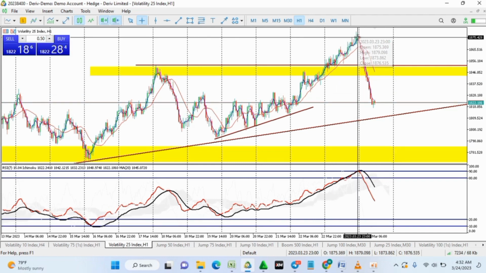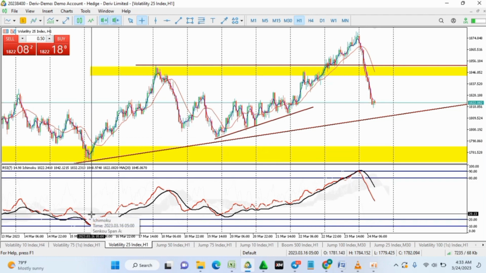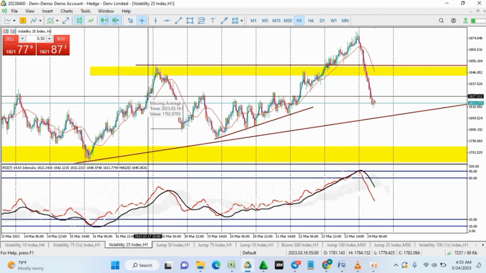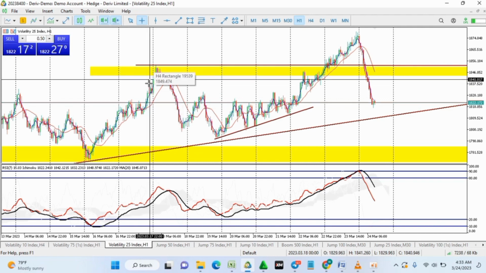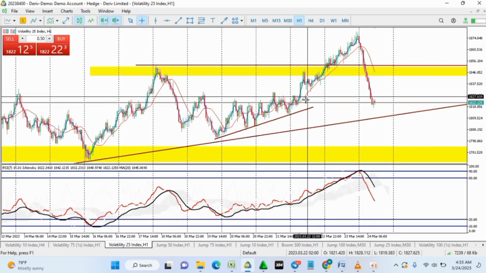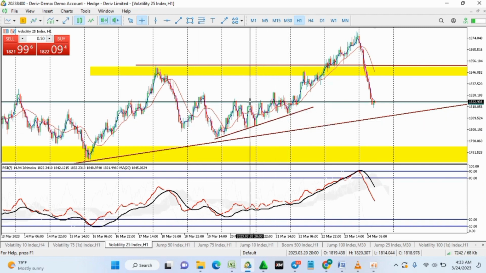So you can see what happened here. Another good example is here. You can see when they reached level 10, price had to reverse up to this point. So you can be targeting the previous highs or lows. Like here, you can target here, and you can see it has already been hit. Okay,